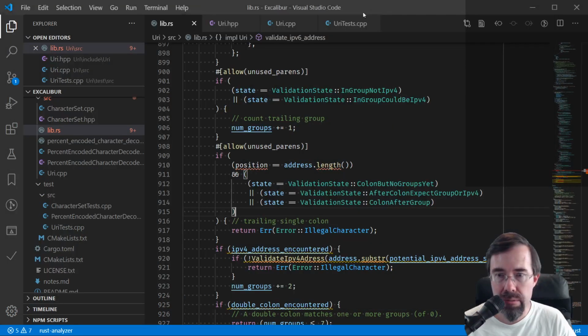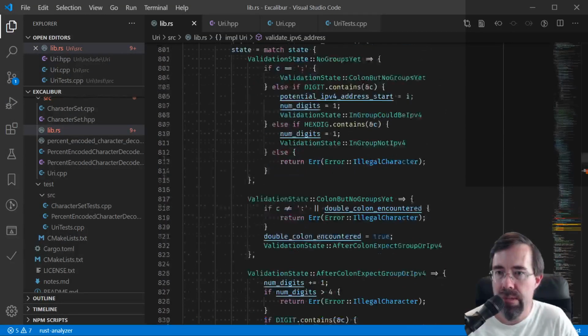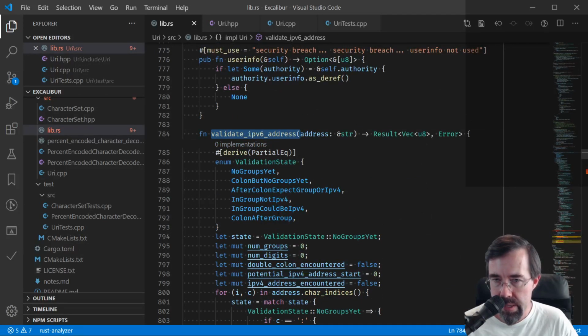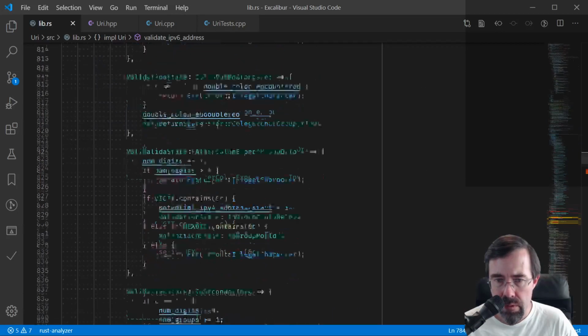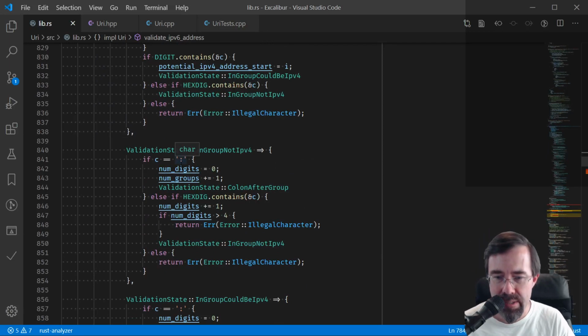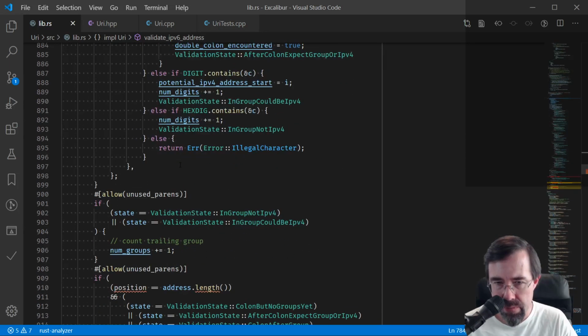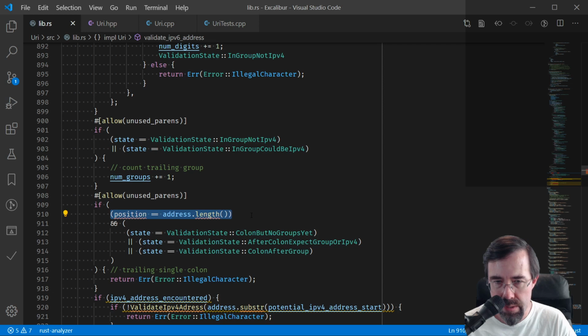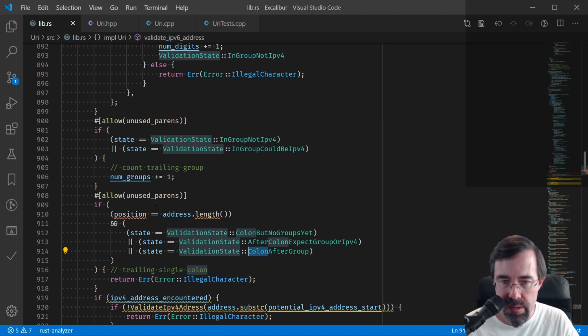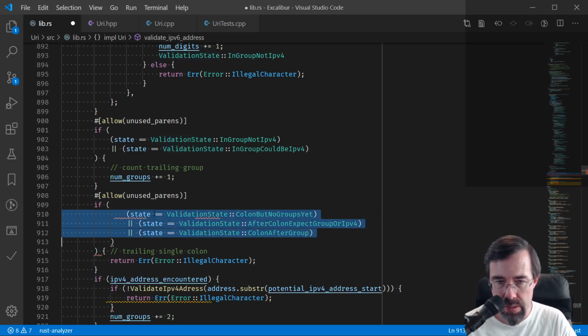So where I left off was right around here. I'm in the middle of porting this ugly IPv6 address verifier. So I'm just going to continue as if I never stopped. All right. Yeah, I was looking at this just now and realizing I don't think I actually need to have this clause in here. I think this is supposed to catch where we have a trailing colon. If we get to the last character and we're expecting something after a colon, then we need to have an error. So I think I'll just drop this clause and then unindent that